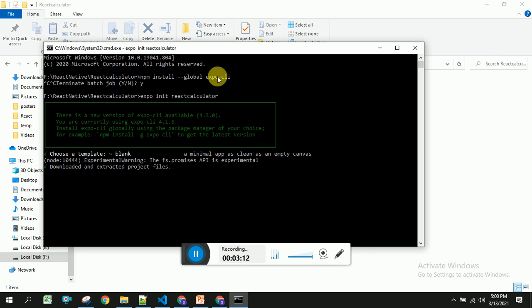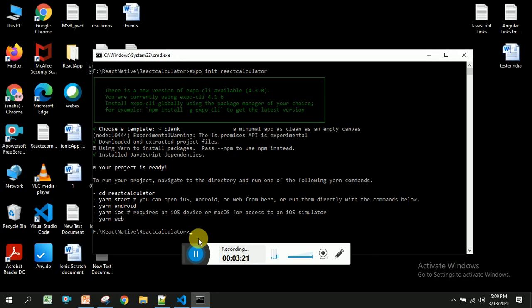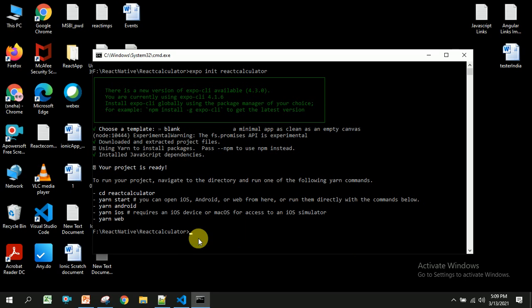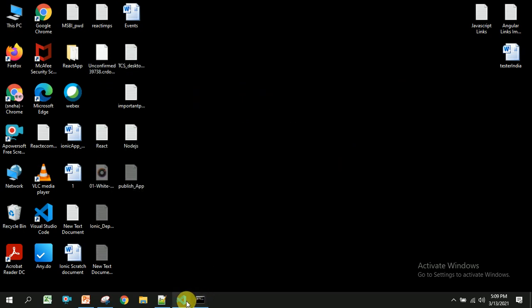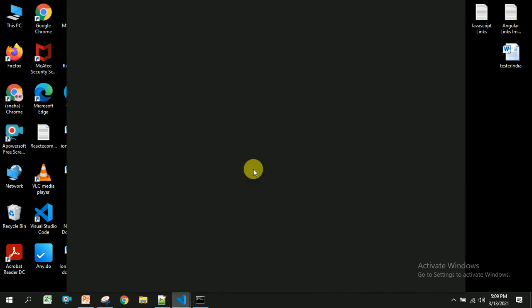Here I selected the template as blank. Our application got successfully created, and now I am going to open an instance of VS Code, and in that VS Code I am going to open our project.